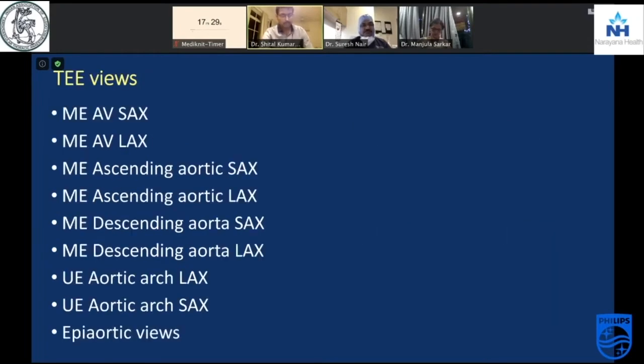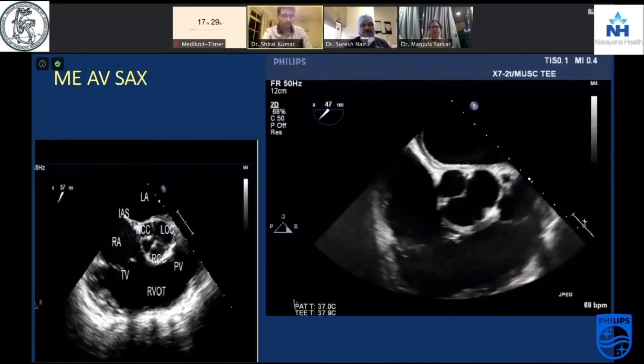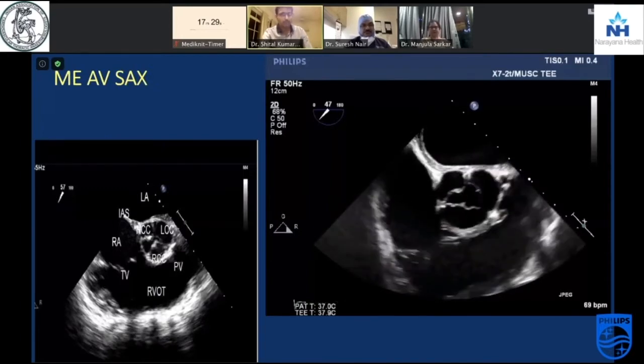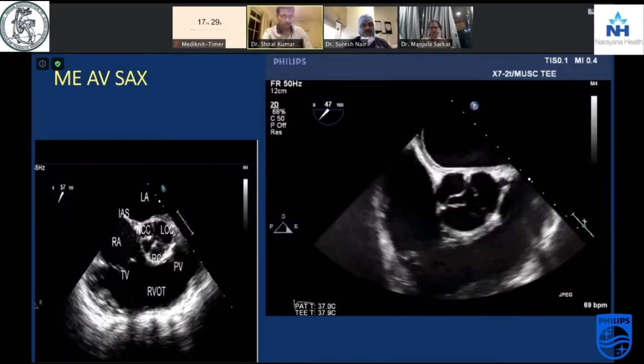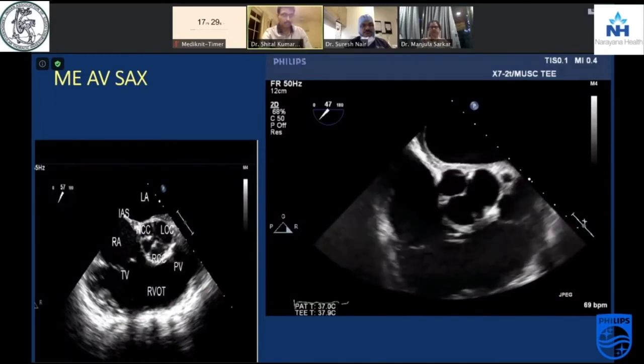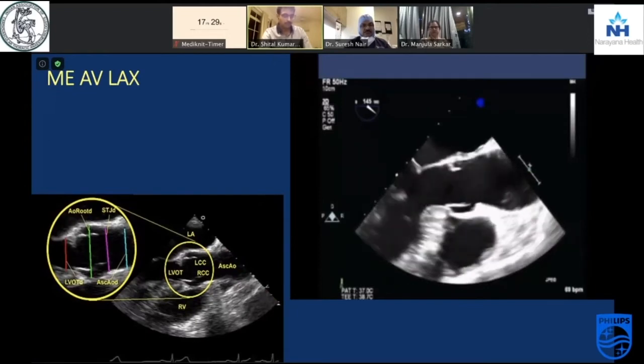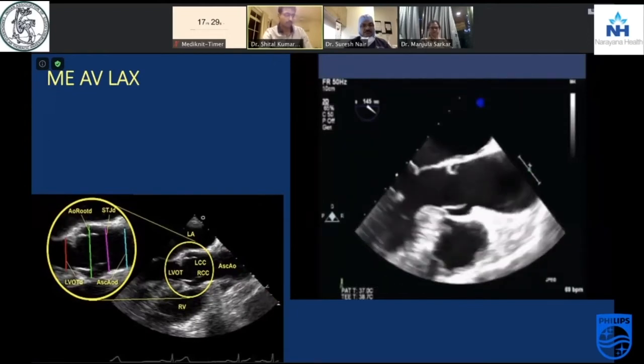Okay, so for the next couple of minutes, we'll just look at the normal aorta, normal views, before starting to focus our eyes on the pathologies. I won't give much commentary on this, just going through the normal views to have the eyes look at it. Starting with the mid-esophageal aortic valve short axis view, we are aware of the utility of this view. Aortic valve long axis view: the previous speakers have gone through the details about the different measurements.